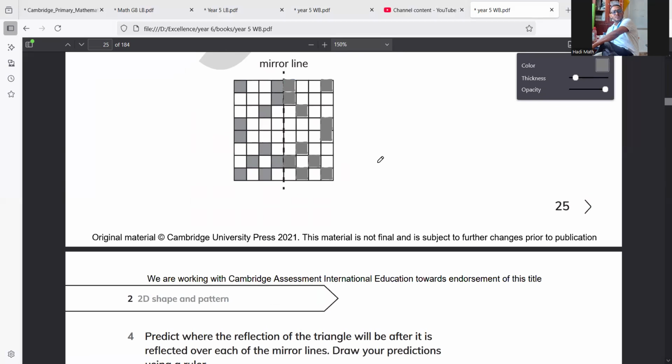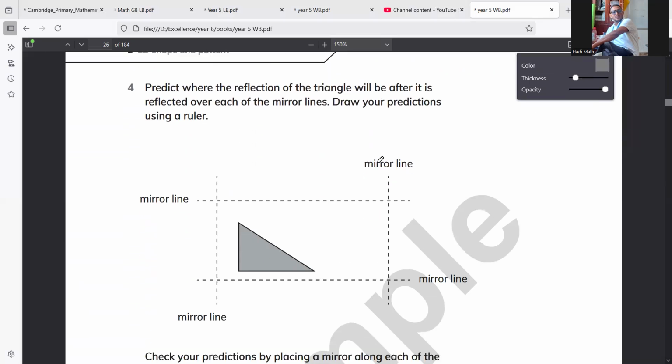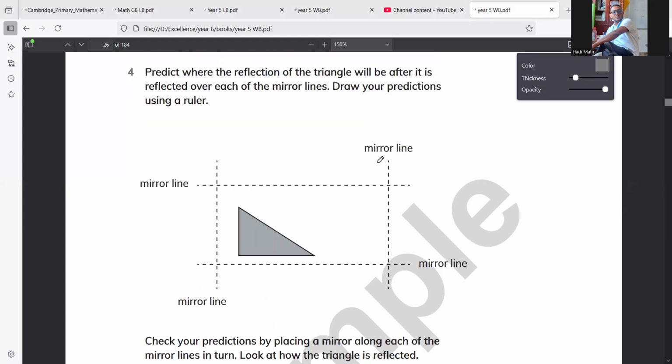So let's move on. And they ask us here, predict what the reflection of the triangle will be after it is reflected over each mirror or line of symmetry. Draw your projections using a ruler. We need to draw our projection using a ruler, but I want you to remember all the time and forever,